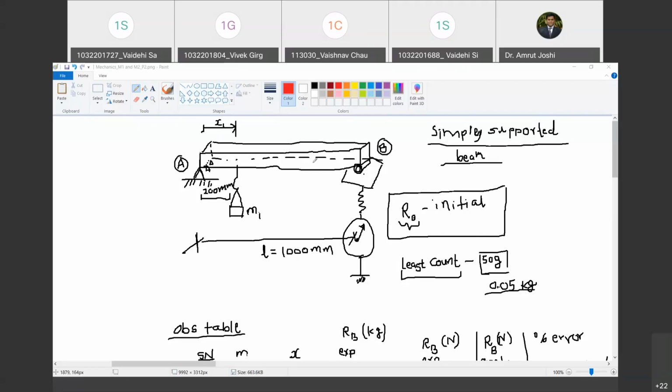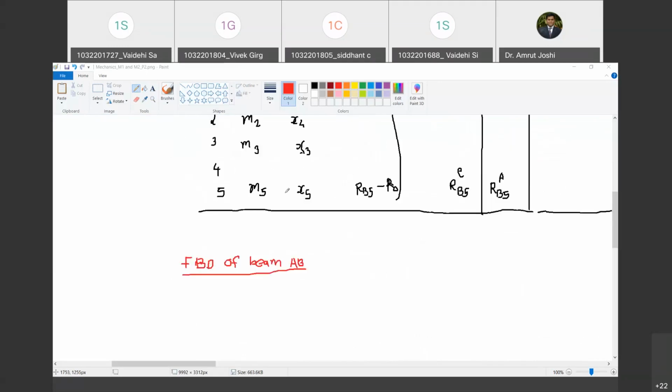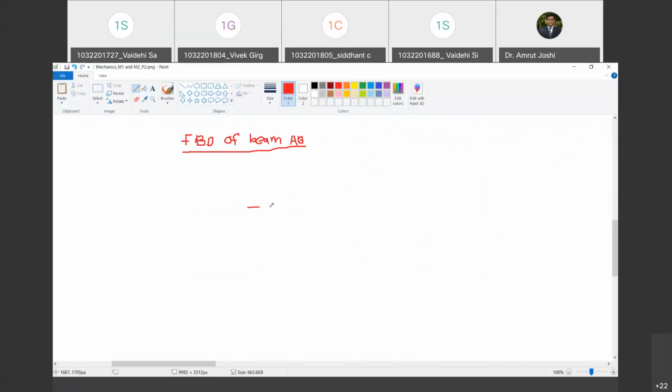So free the body from all external agencies. So for this beam, tell me first which ones are external. Gravity. Yes. So Earth is external. Do you agree with me? Yes, sir. So I have shown this beam AB here by a line. I call this end as A. I am going to call this end as B. Are you with me?